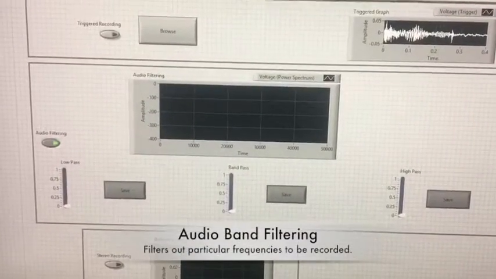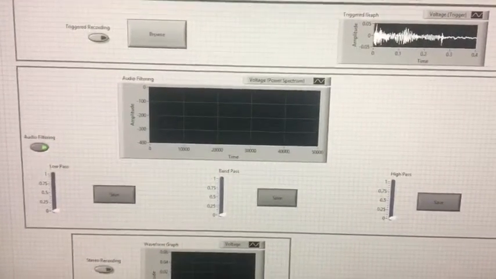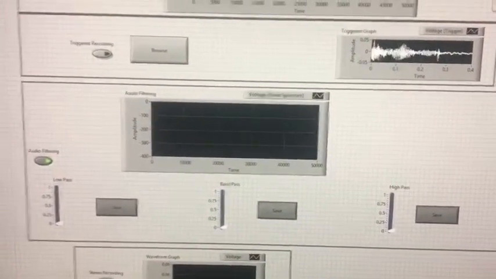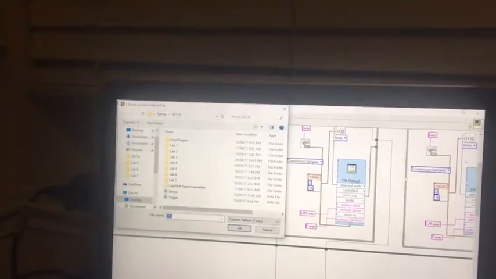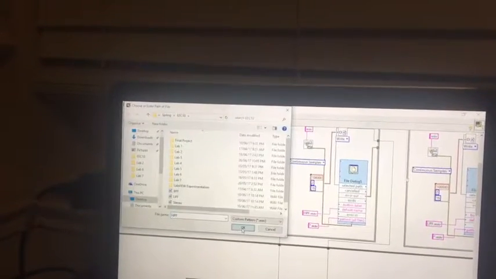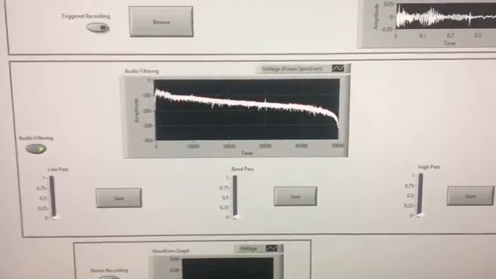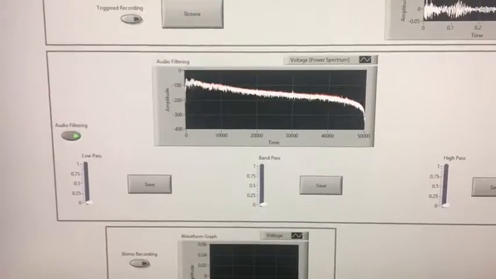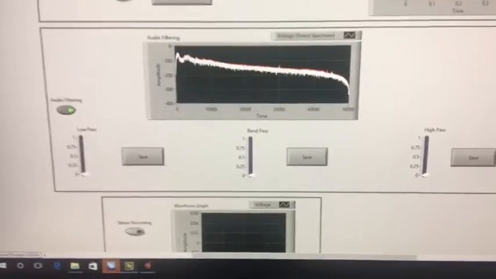After selecting the required options, like the audio filtering button and the save buttons, to save the required bands onto different files which the user can easily access, we hit run. Immediately, the save functions pop up. In a similar sort of fashion, you save all three of the files in a particular location and then it starts recording. When it records, if you play a tone generator, for example, it marginalizes all the frequencies and saves